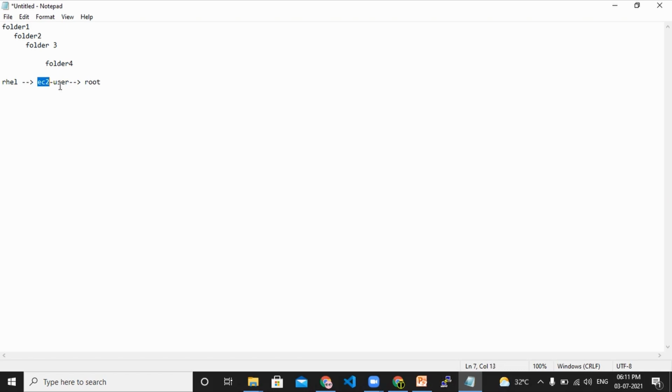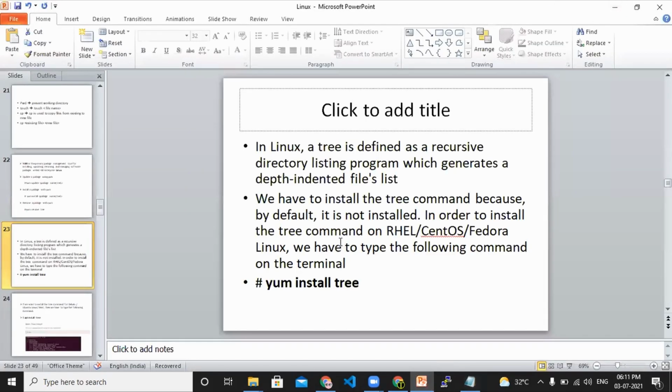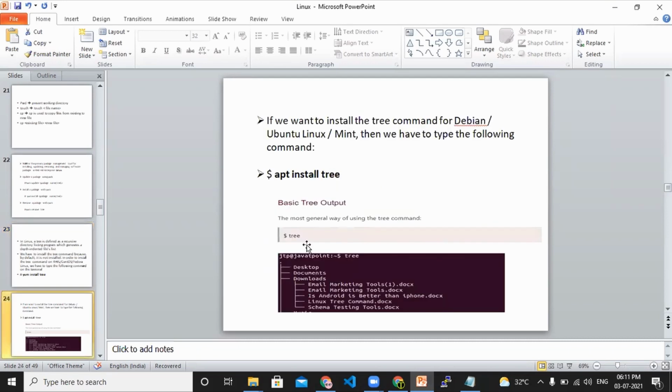Today we are not going to see that; maybe I'll make some other tutorials for how we are able to execute those things in time. When we move on to Jenkins or some other tools, then we use these things. So now you have clarity on what a tree is and what a package manager is.